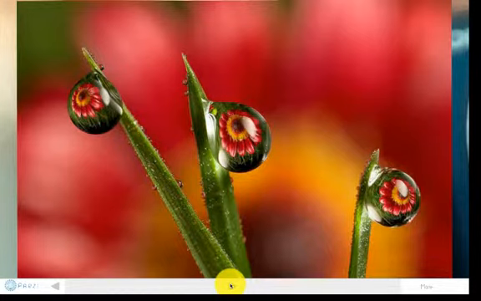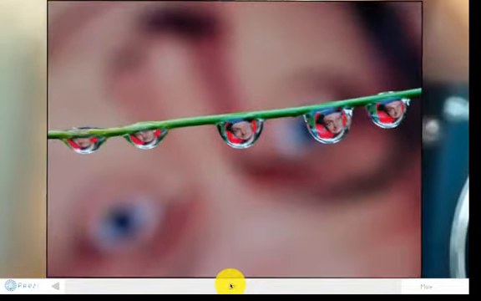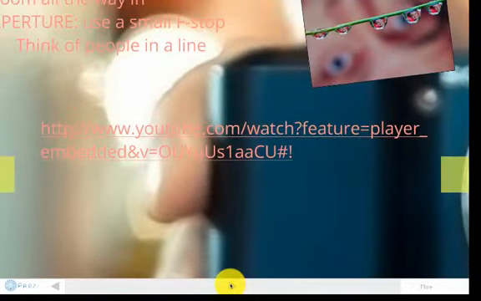This is a perfect example. Shallow depth of field, very crisp foreground, very blurry background. And this one kind of gives you the same effect. Okay, so we're going to take a look at